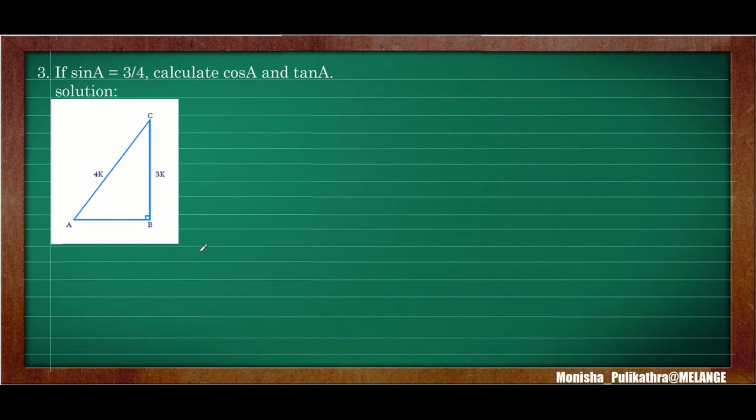Moving on to the third question. In third question, they give us sin A is equal to 3 by 4. Here I have taken a variable. Either we can take a variable or else we can just leave it as a number. It's not a matter of concern. Okay, here sin A is equal to 3 by 4. So calculate cos A and tan A. Okay, it's a simple question. So since one side is not given and it is a right angle triangle, we can apply Pythagoras theorem.